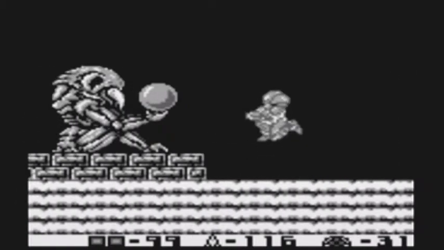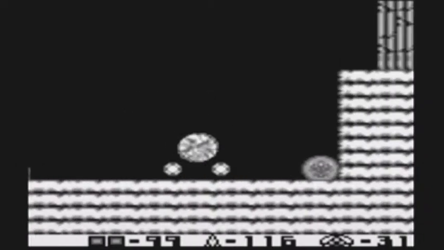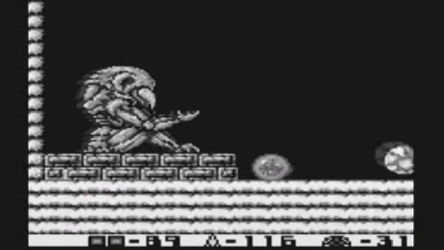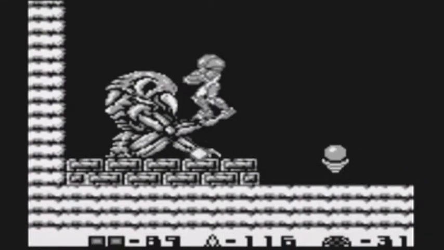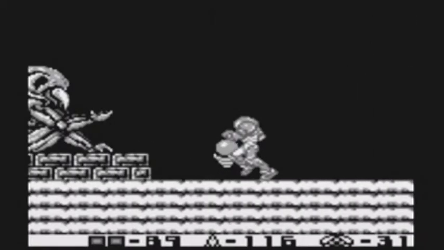So let's get us a new item. Yeah, this guy right here, as you'll see, is Arachnus, and he is actually the very first boss that you fight in Metroid Fusion. Anyway, all you have to do is bomb him 5 or 6 times, and he dies, and we get the